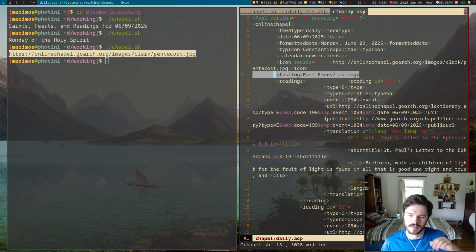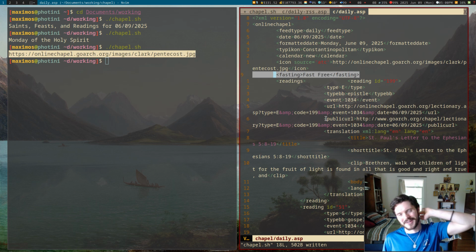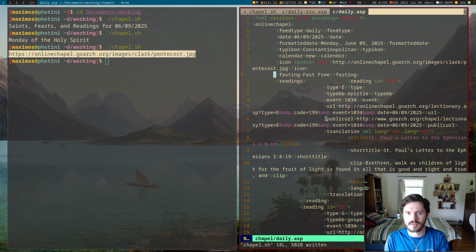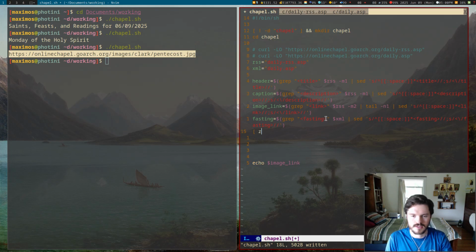I was testing it. You can actually query previous days, and from what I understand, it's only empty if it's a fast-free day, and it's obvious. If it's Pascha or the week after Pascha, Bright Week, it might be empty. So the logic I had for this was, if fasting is empty,